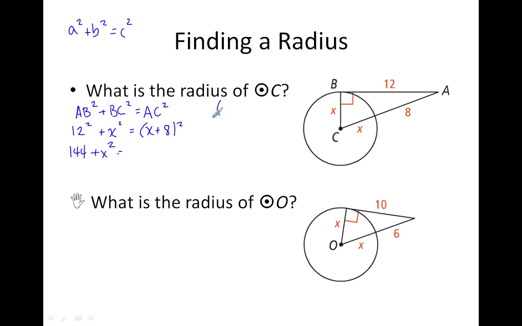And if you don't remember how to square a binomial, remember we can use the FOIL method. Multiply our first terms, so we get x times x is x squared. Multiply our outer terms, so we get 8x. Our inner terms are 8x, and our last terms are 64. So combine our like terms, we get x squared plus 16x plus 64. So if we write that over here,